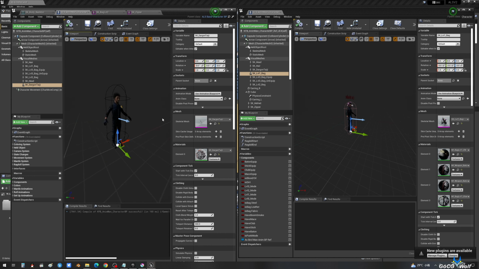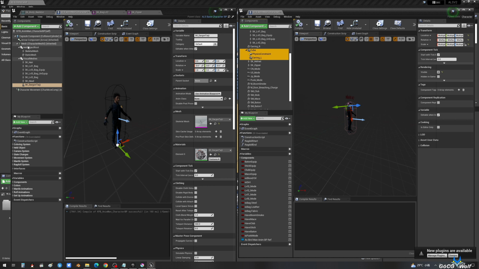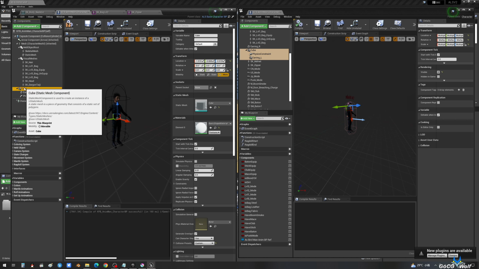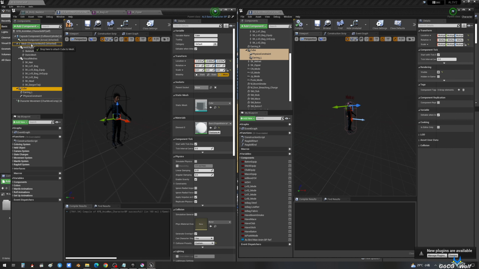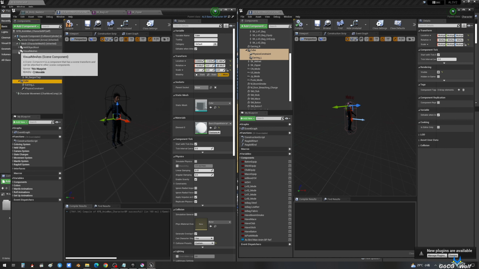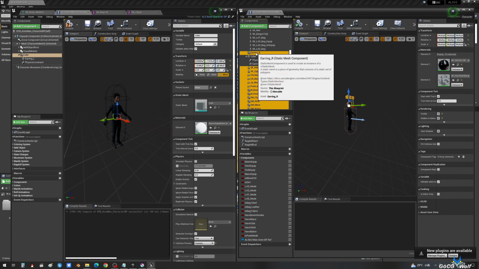Then continuing to copy the remaining second type of components. Start by copying this earring. And this earring as well.